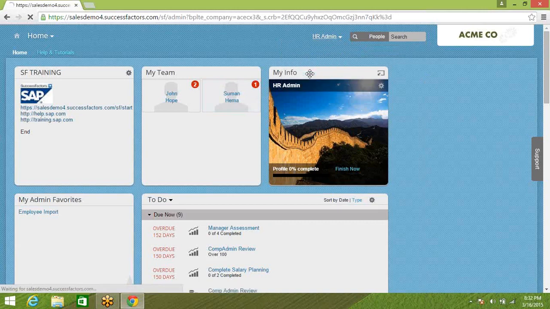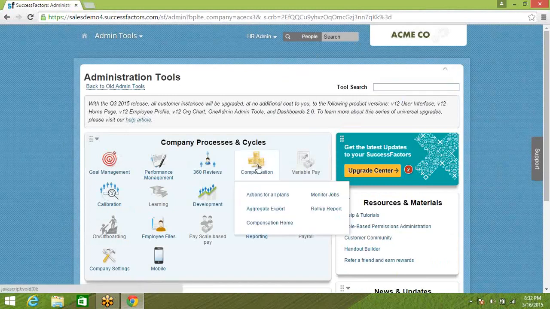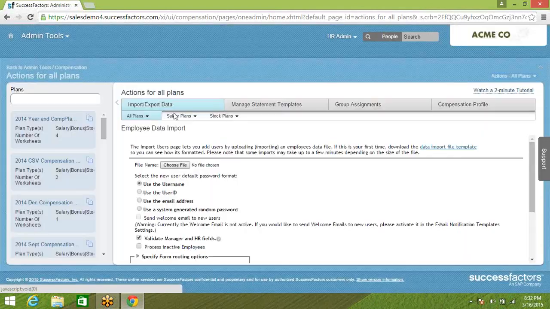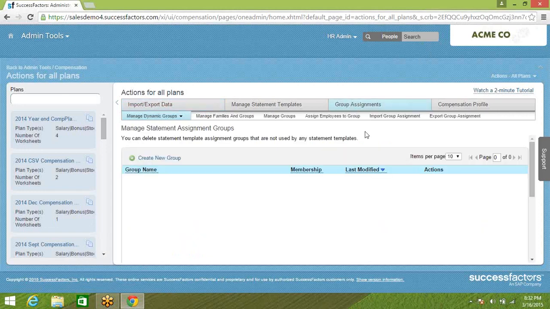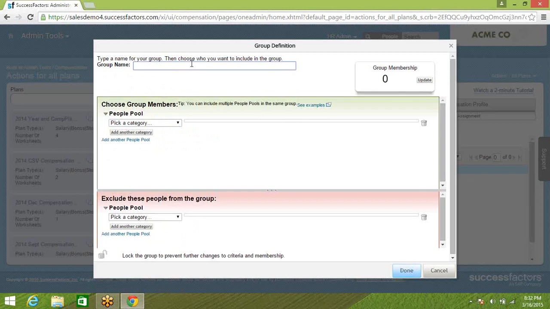Where you will be able to find the compensation group is, if you go to the administration tools, go to your compensation home, and you can see here, click on actions for all plans. And here you can see there is something called group assignments, guys. You can see create a new group, and you can create a group. Let's say, let me name it like,